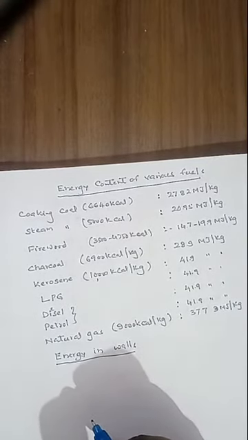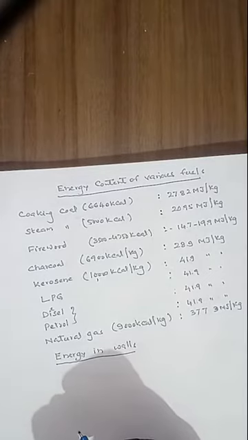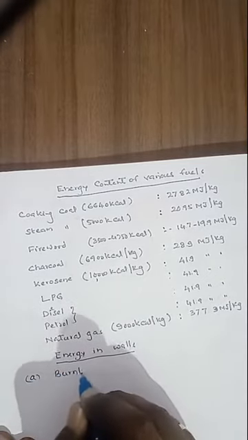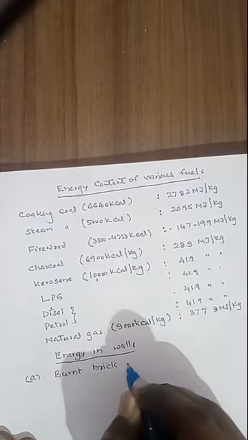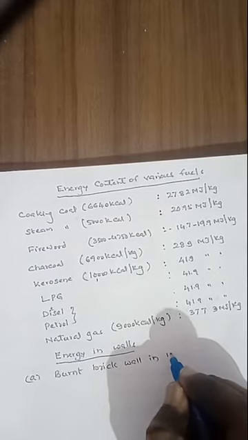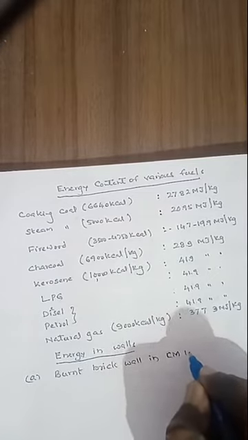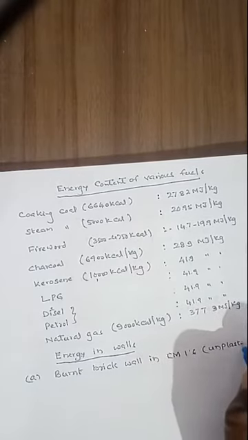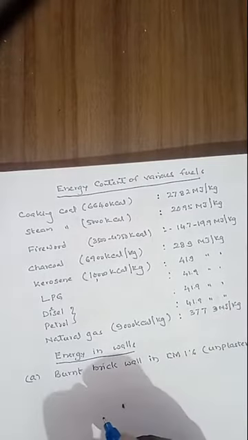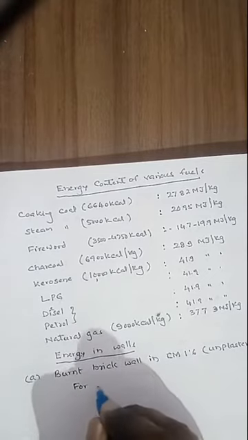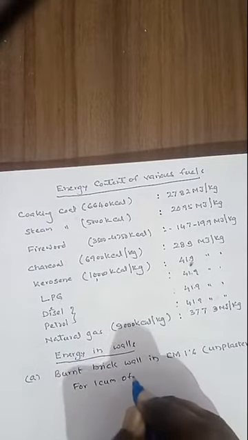We have to calculate the energy in walls. First, the burnt brick wall in cement mortar 1:6, without any plaster. We can use, usually for 1 cubic meter of brick wall,